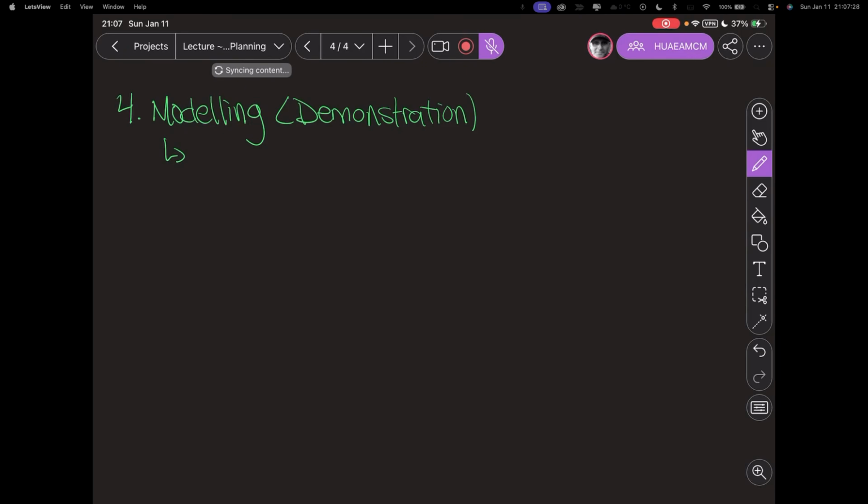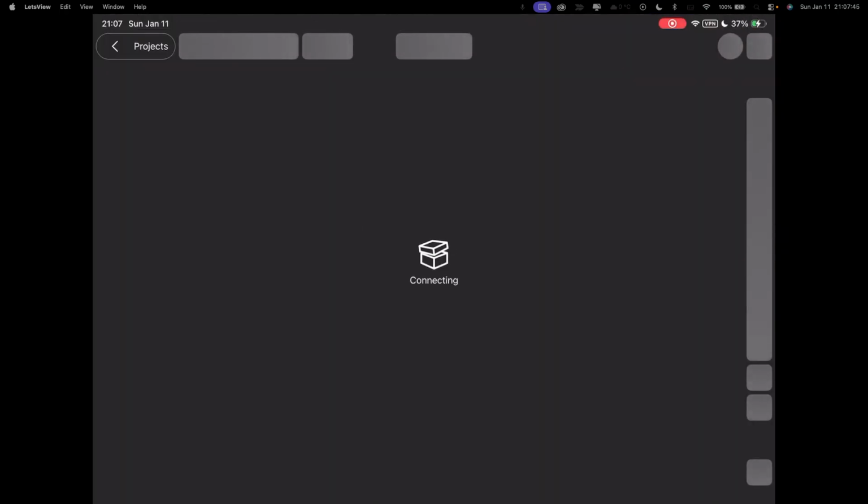It could be something hands-on, it could be a video. It doesn't have to be you giving the demonstration. It could be an image or a series of images.